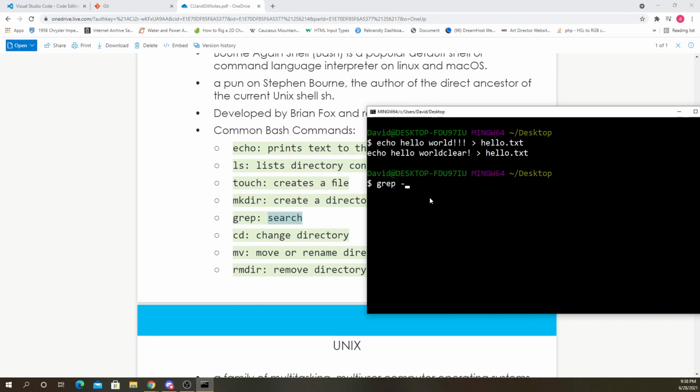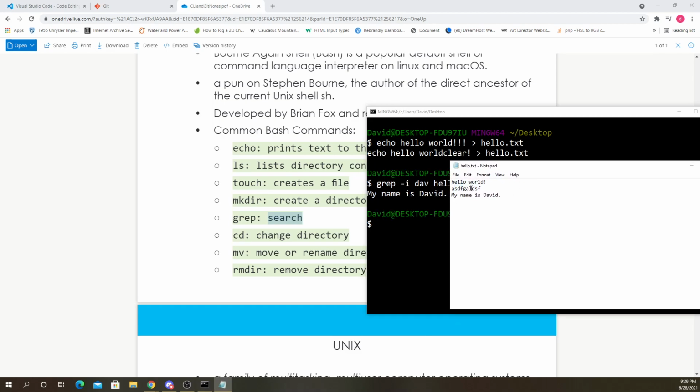We'll pass the option -i for case insensitive. Let's just look for dav. We're gonna check inside hello.txt. And it shows me the line where it found it. It says my name is David.